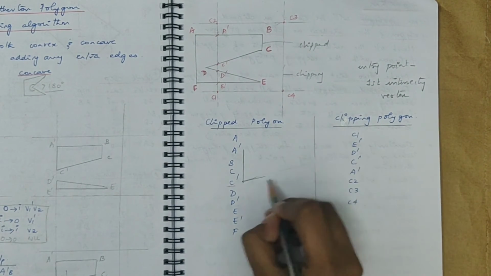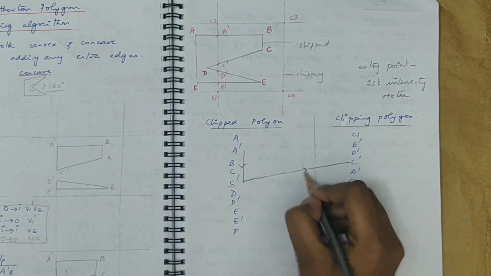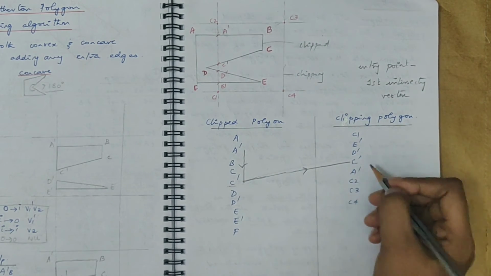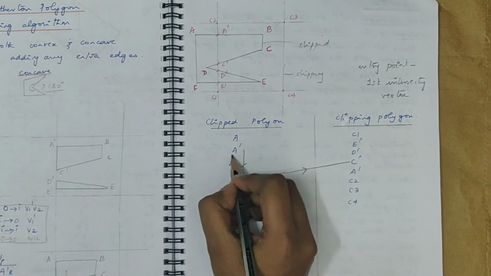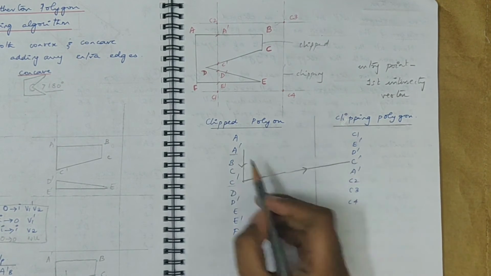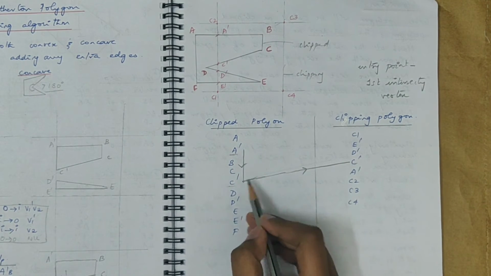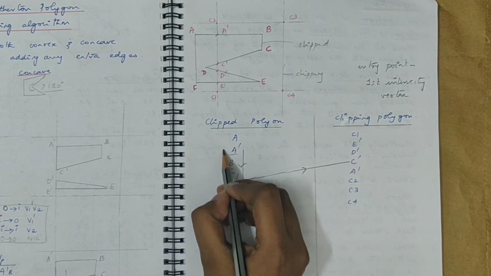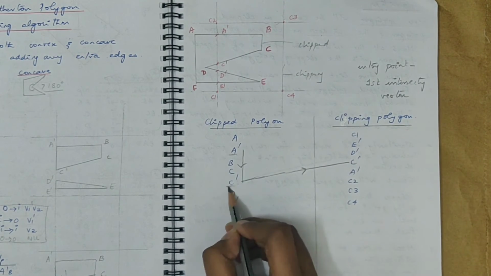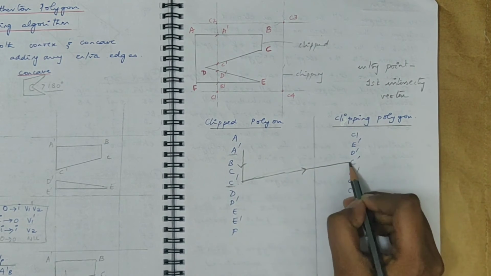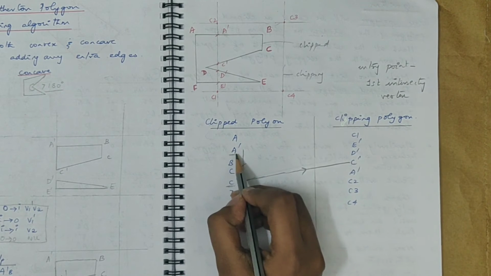So you directly switch to the list where you get this intersecting vertex C dash. Now again you have to traverse in the second list until you find the first intersecting vertex. Okay, so what do you do? You start with the first intersecting vertex, you follow the list until you get the second intersecting vertex, and from here you switch to the second list, find this intersecting vertex, and then you traverse this list down until you find the first intersecting vertex that you started with.